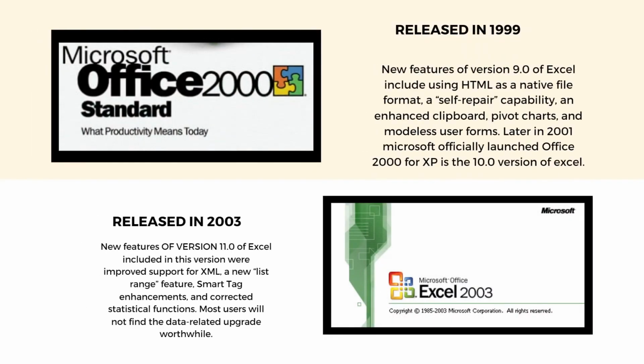Microsoft Office 2000. It was released in 1999. The new features of this Excel version 9 include HTML as a native file format, a self-repair capability, an enhanced clipboard, pivot charts, and module-less user forms. Later in 2001, Microsoft released the same version as 2000 for XP, and they named it